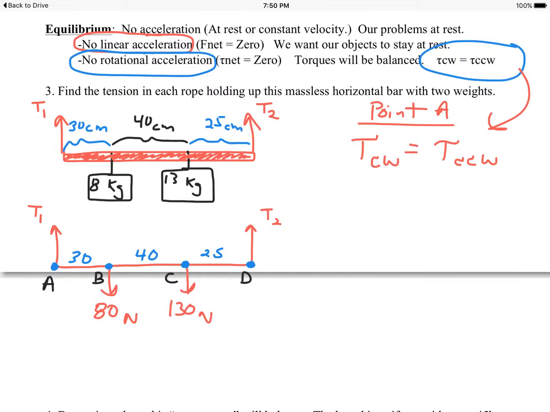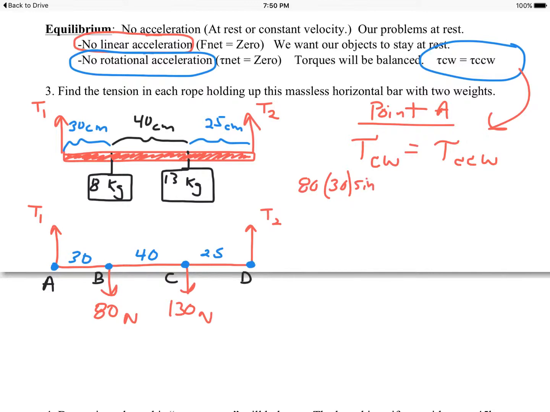Anyways, the calculation will then look like this. The clockwise torque is the sum of two torques. The 80 Newton force is pulling down at point B. So once again, torque is force times distance. 80 newtons times the distance, it's 30 centimeters, and I will do this in centimeters. You can do this in Newton centimeters or Newton meters,